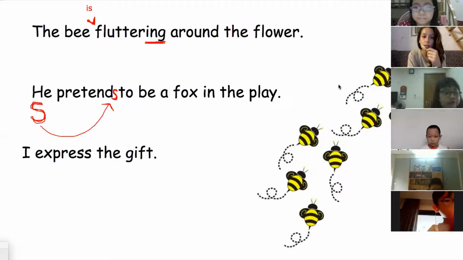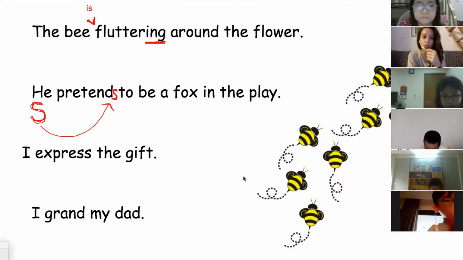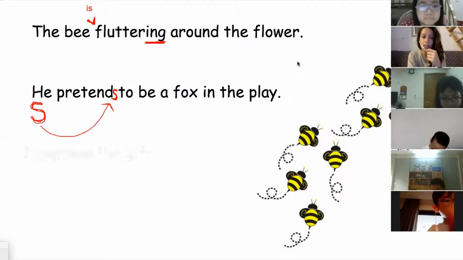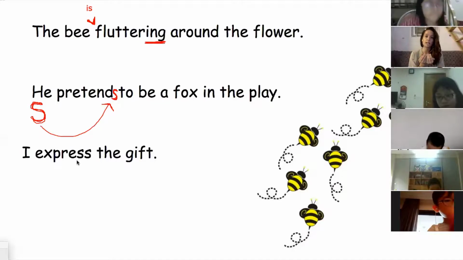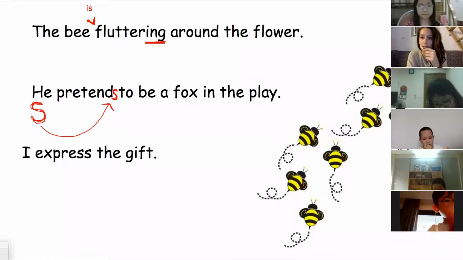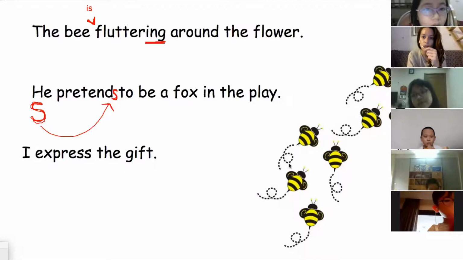Okay, so I think someone is confusing the word express with the word accept. Okay, so you accept or take a gift, but when you express, that's talking about feelings. So how can we change this sentence to talk about feelings? Goku, are you there? Yes. Do you have any ideas of how we can change this sentence to make it better? I don't know. Well, so let's take away the words the gift,